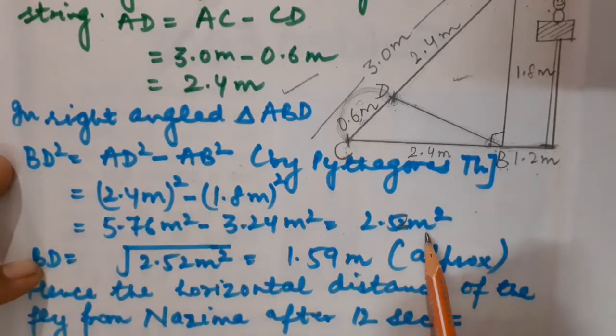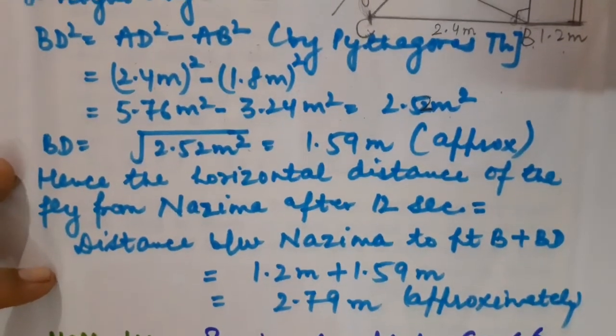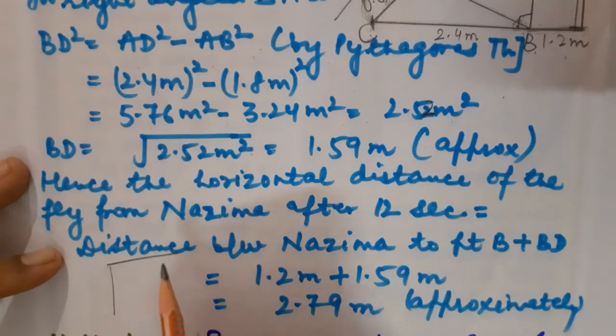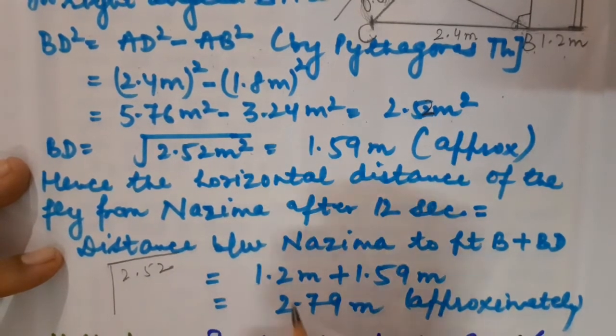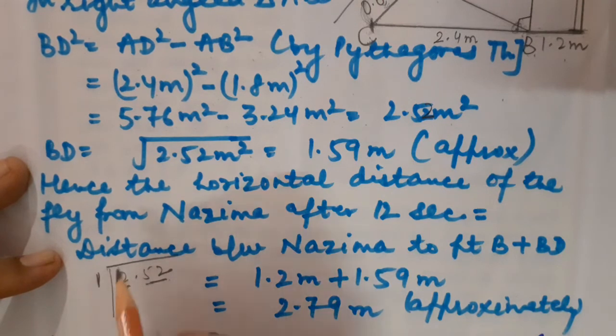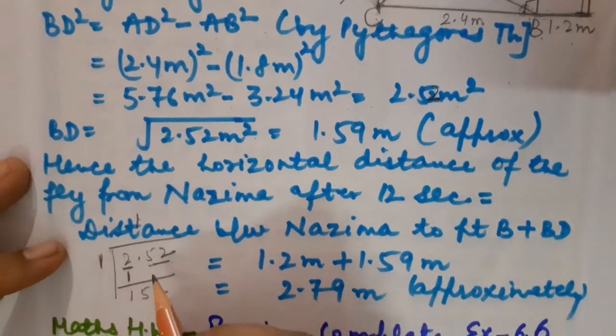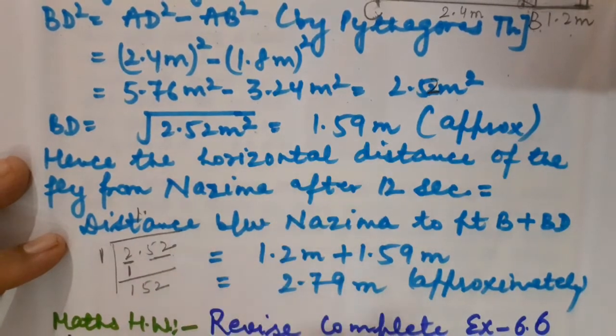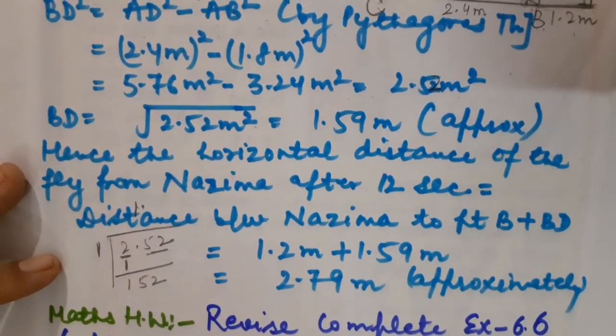This is BD square. We will have to calculate its under root. Children, you know very well how to calculate the square root. Please be alert. This is 2.52. Let us make the pairing from back side. You have to make the pairing for 52, and this is the number which is whole part of the decimal number. It will be kept alone. So it will be going on ones. 1 into 1, you will be getting 1 over here. You will be getting now 152. Means you have to pick the complete pairing. Here you will be putting decimal. This concept you learnt in 8th as well as 9th, maybe also somewhere else.